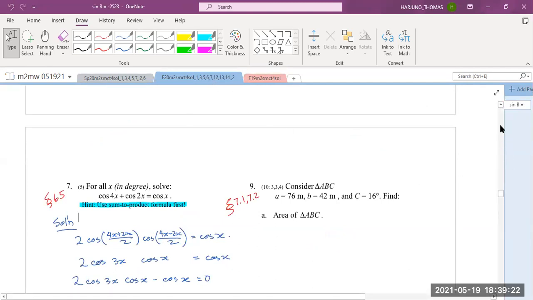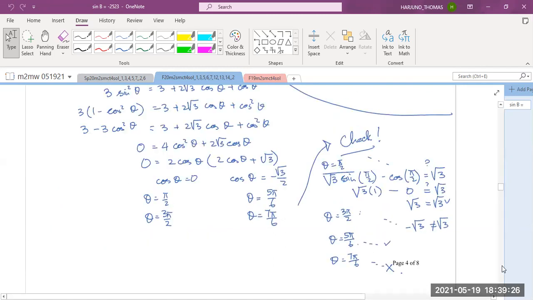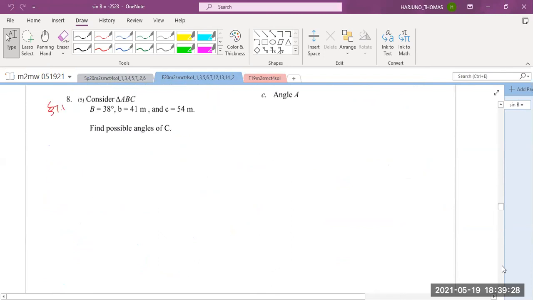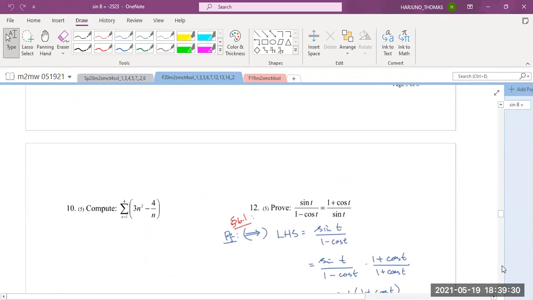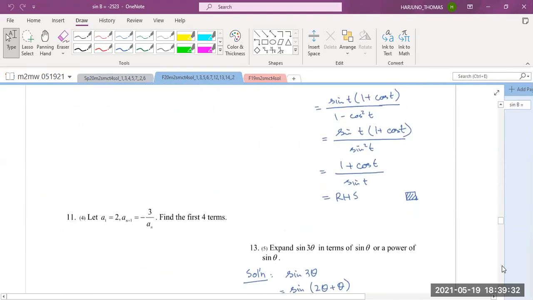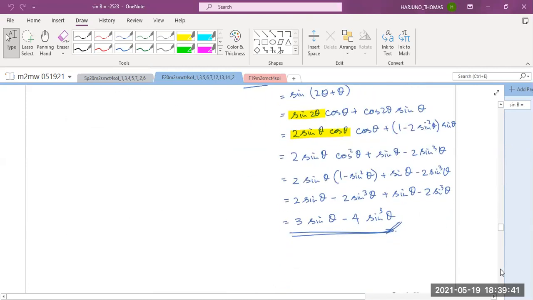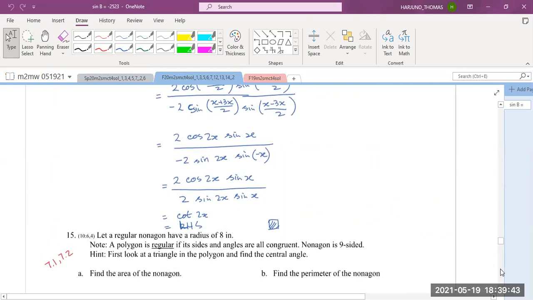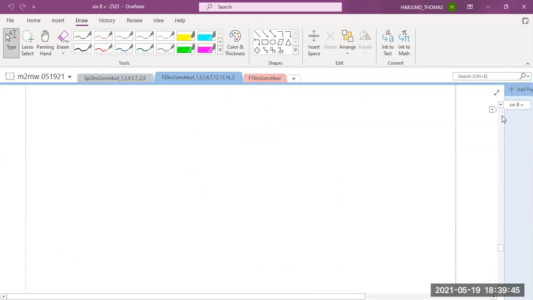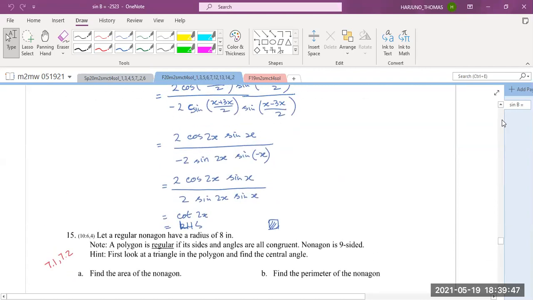Okay. Now, on Monday, we will work on law of sine, law of cosine. And then Wednesday, we will work on sequence and series. So number 10, number 11, and the last question here, number 15. Okay. Yeah, that's what we will have on